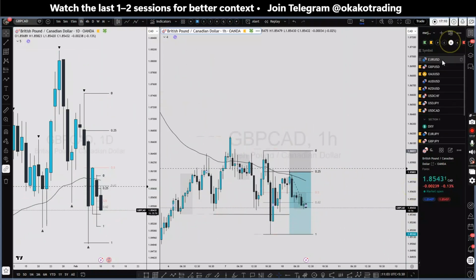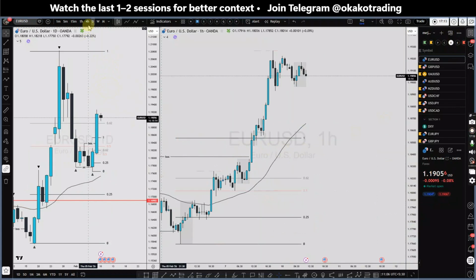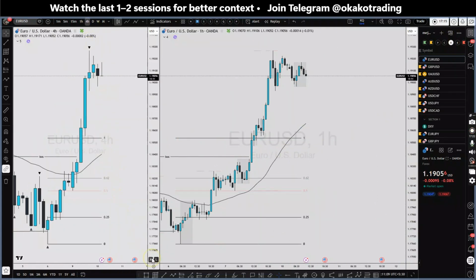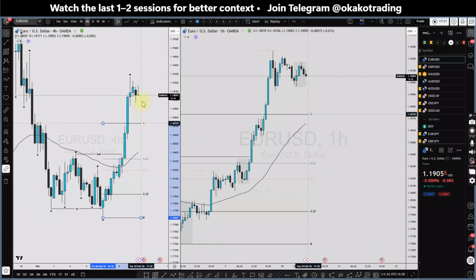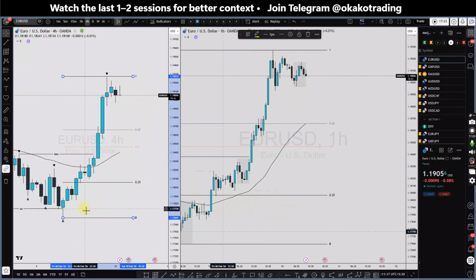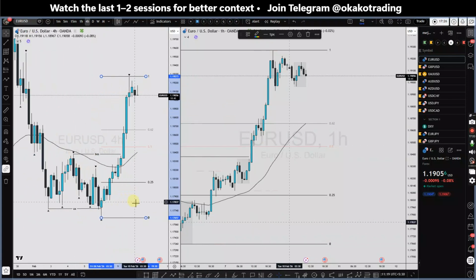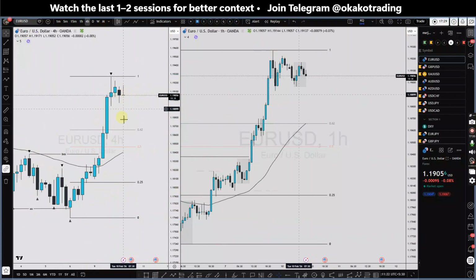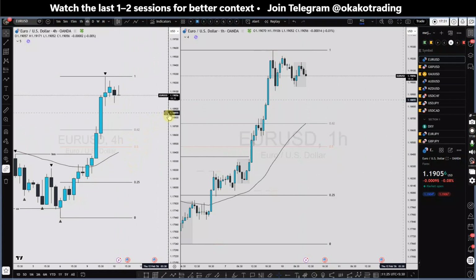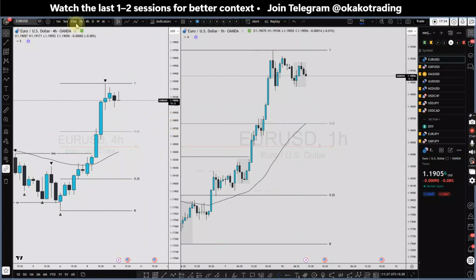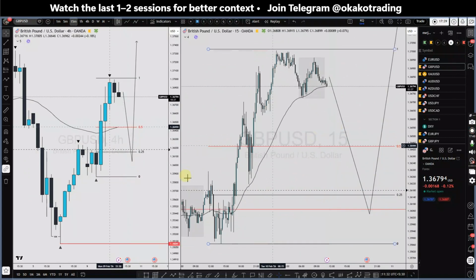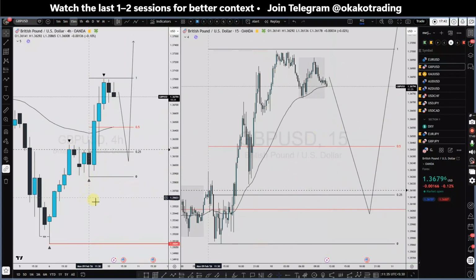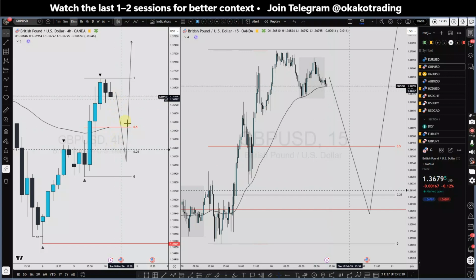Okay, guys, let's see if we can find any intraday tradable opportunity on majors or not. In 4 hour time frame, this is the last impulsive breakout structure towards upside. So in Euro USD, we're waiting for a deeper correction towards the discounted price level so that we can start looking for longs. So there is nothing for me right now. GBP USD, same storyline. This is the last breakout structure towards upside, and we're waiting for price to come into a discounted price region so that we can start looking for longs.